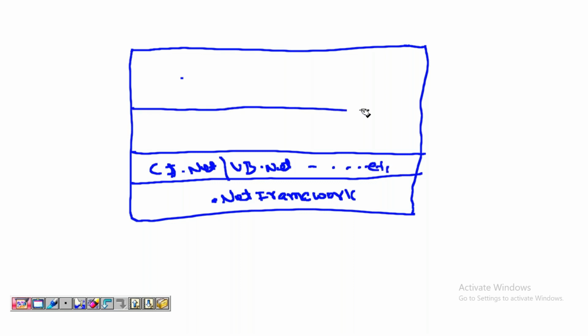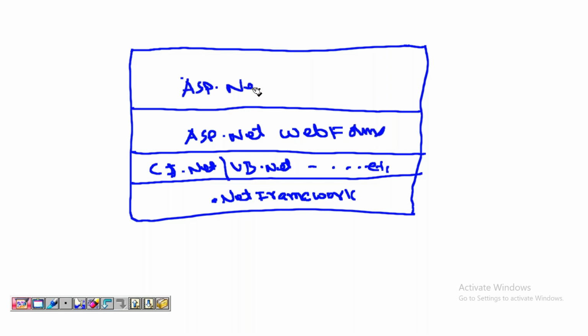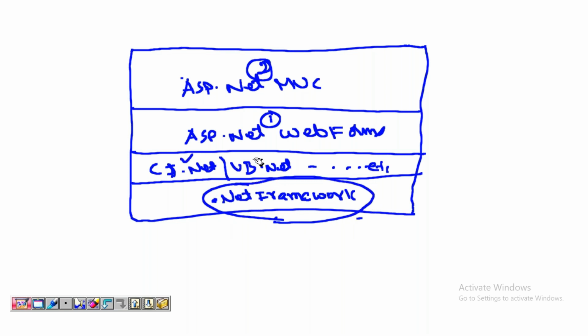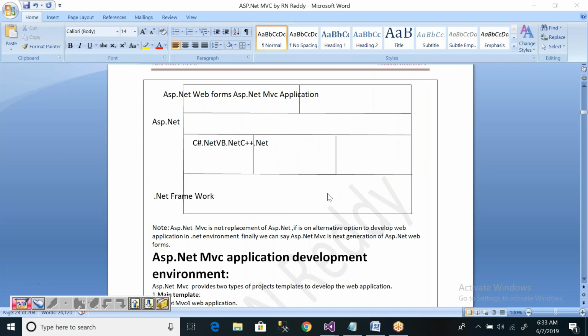The next layer is ASP.NET Web Forms, and here ASP.NET MVC. This is the older technology and this is the latest technology, but both technologies work on the .NET framework. Whether you use C#.NET or VB.NET depends upon your requirement, but 99% will use C#.NET.